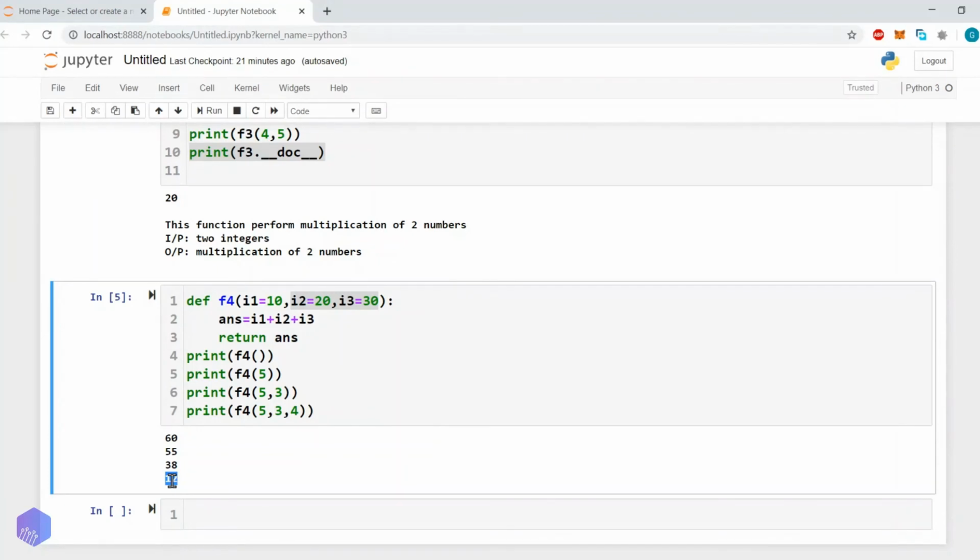Now let's say we want to find an average of a number. Okay, so we will specify